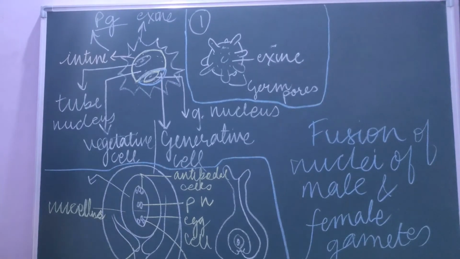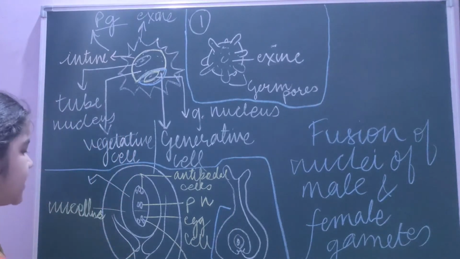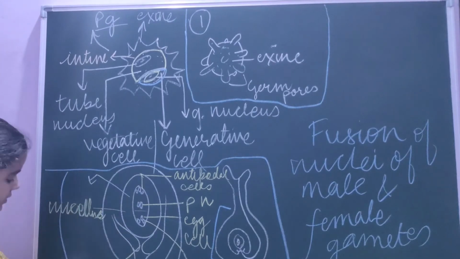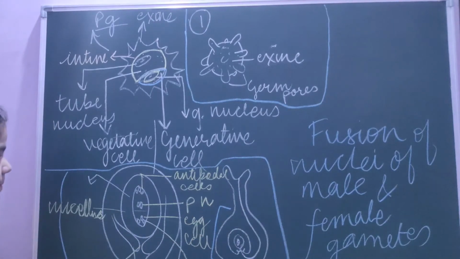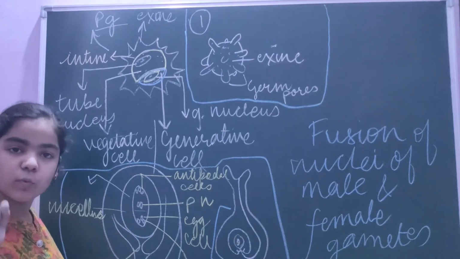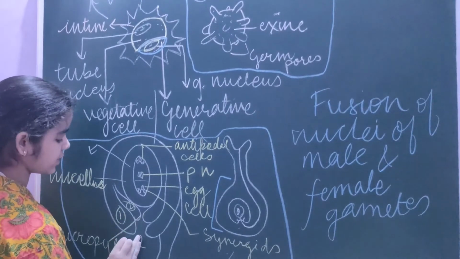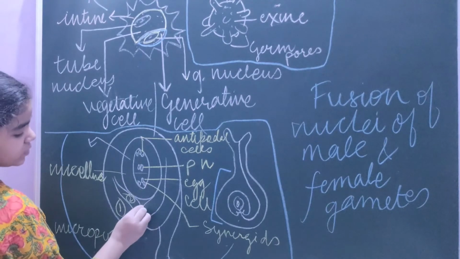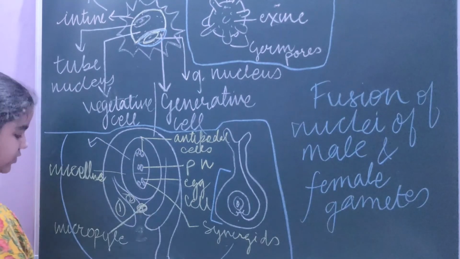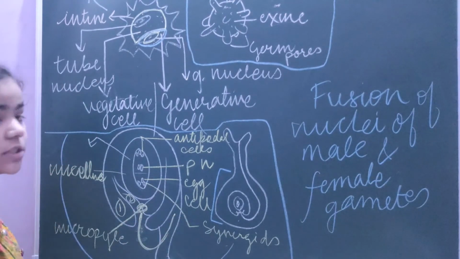Now we have discussed the male gamete. Now it comes to the female gamete. Now you see this part of the gynoecium. Zooming in, this is the ovary and this is the ovule. First of all, there are one or two integuments, 1 and 2, and these are surrounding the ovule. Now this open area, wherever this opens, is called the micropyle, and through this only the pollen grains enter. That we'll discuss further.